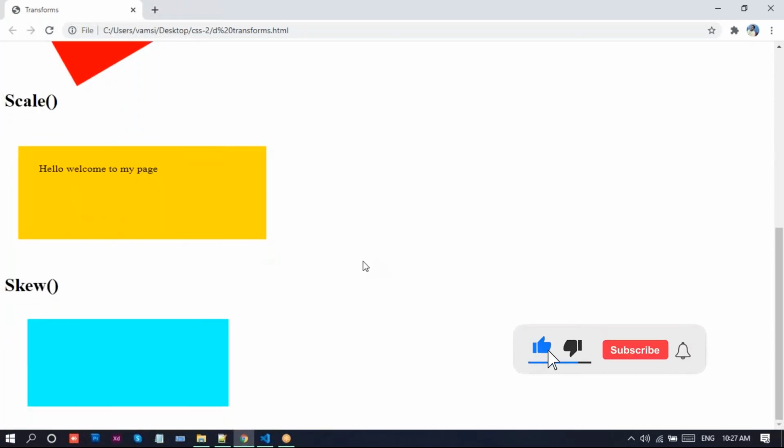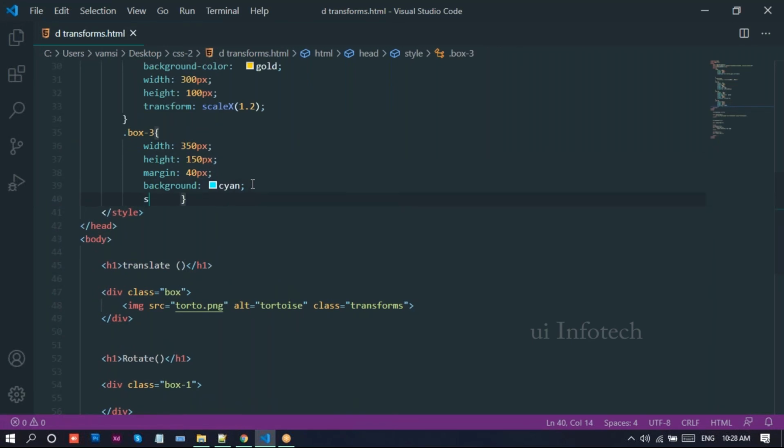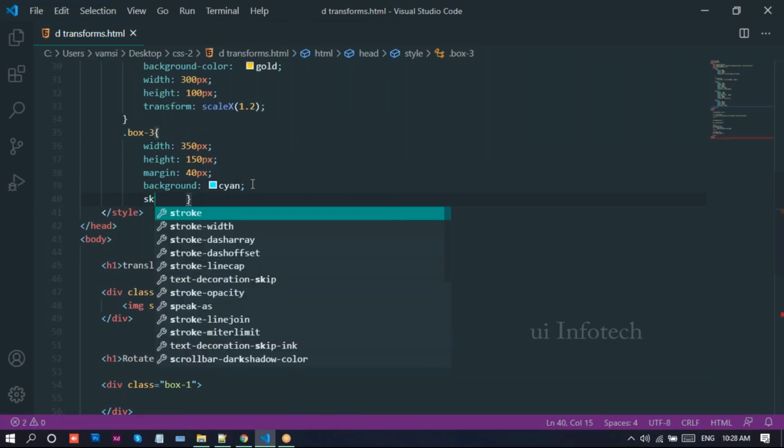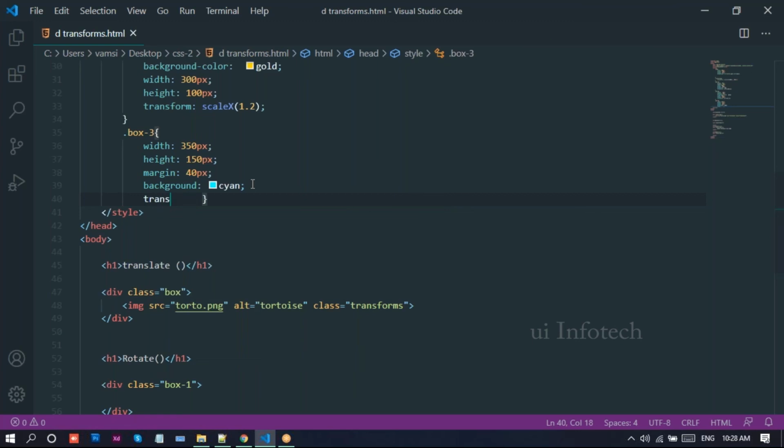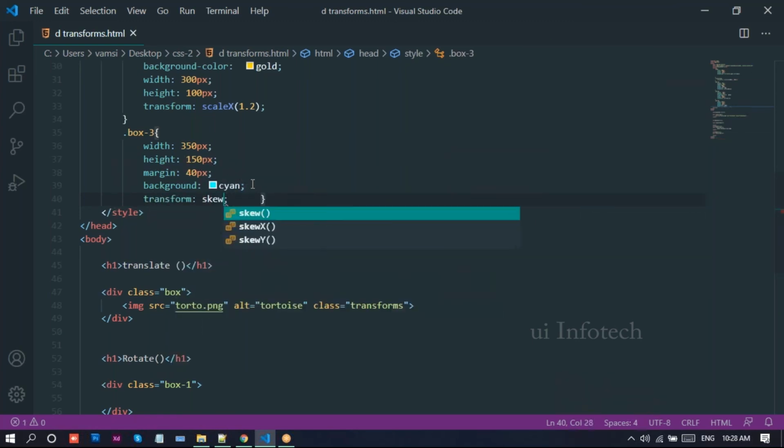Now you place the div. Now we need to apply the skew here. Take box 3. Before typing this one, take the transform skew. Here I'll provide 40 degrees, 50 degrees, 40 and 50 degrees. Let me go to this browser once.